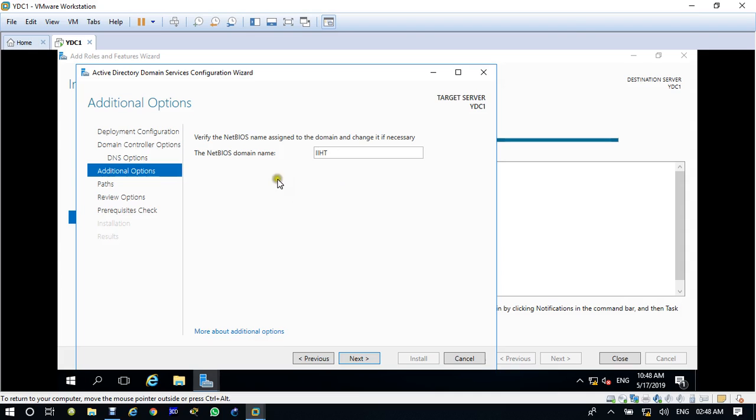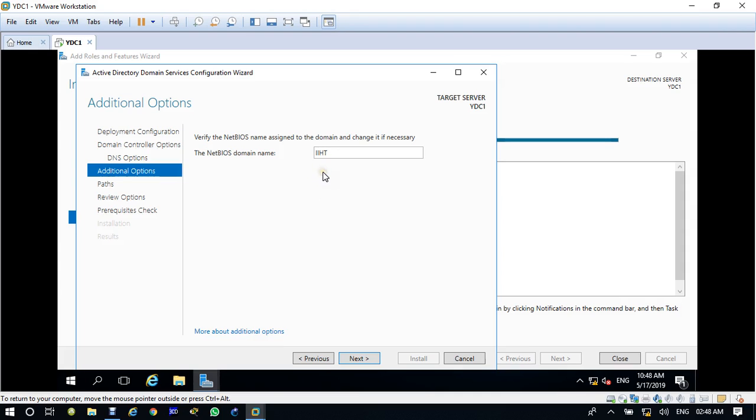Then here this is the NetBIOS name, Microsoft NetBIOS name. And what is NetBIOS? Like now we are using DNS, right? Before DNS, Microsoft was using WINS, and before WINS, Microsoft was using this NetBIOS name.